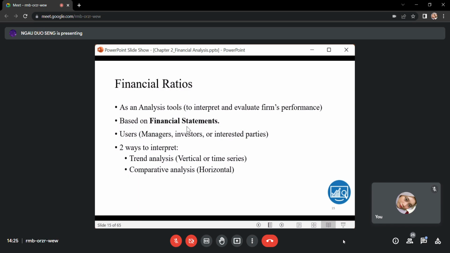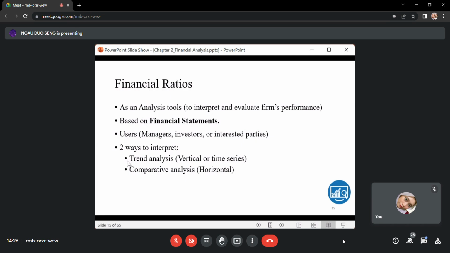Investors want to know whether the company is making profit or making loss. Or any interested party, anybody that is interested in the company and wants to know further, can refer to the financial statement or ratios. So we have 2 ways to